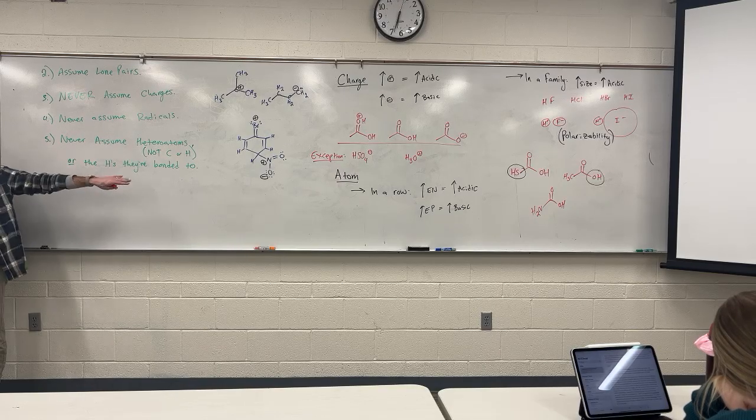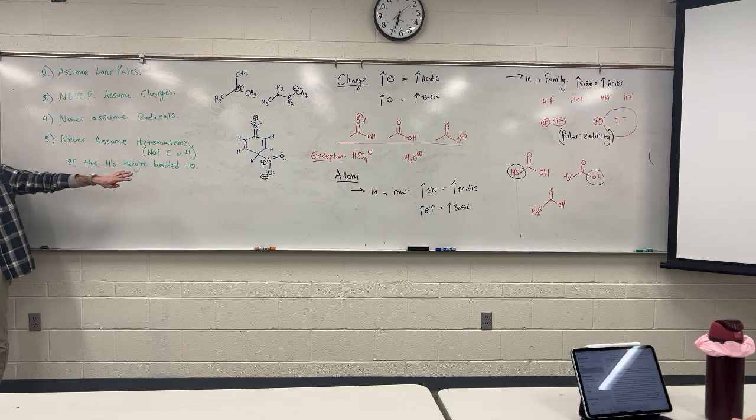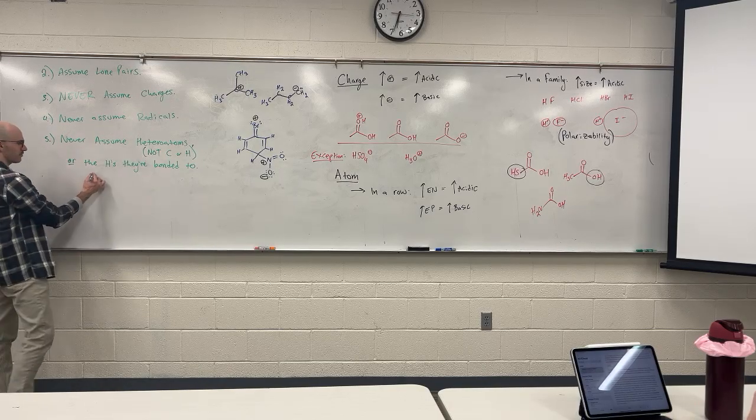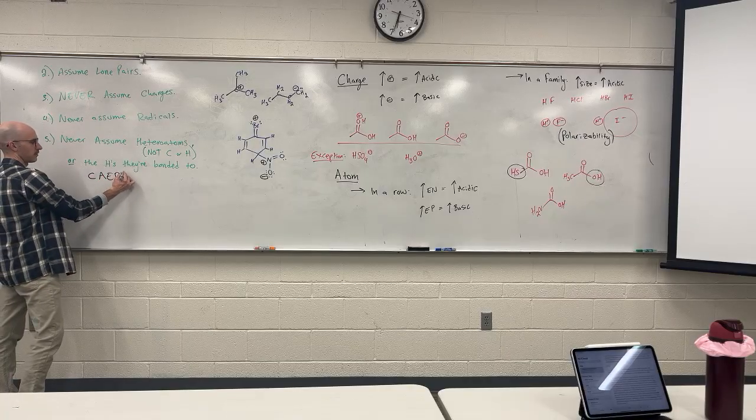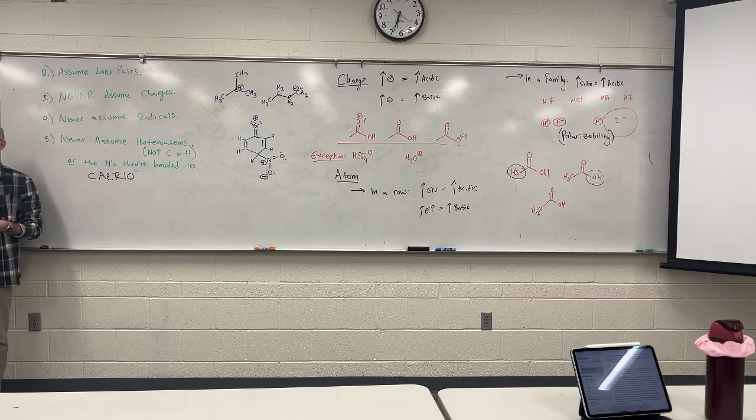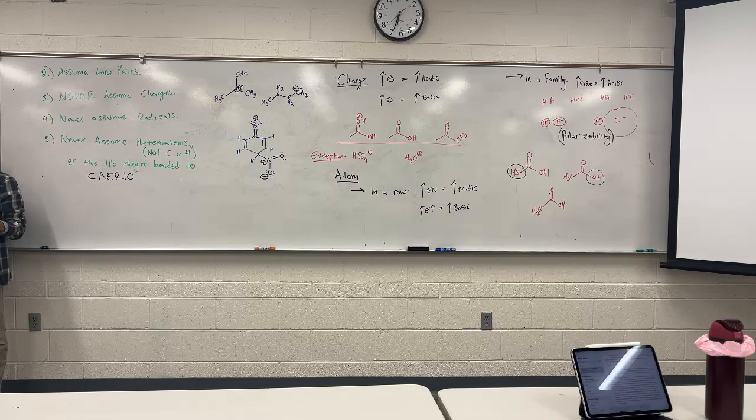So we're basing this on the first component of CARIO, which is, by the way, why I used to spell the A with A and E. I'd go by atomic size and electronegativity. So if you wanted to, you could in theory spell CARIO like this, and it would maybe help you distinguish the two components of comparing atoms to each other. So nitrogen and oxygen are in the same row, meaning we identify the more acidic atom as the more electronegative, which is